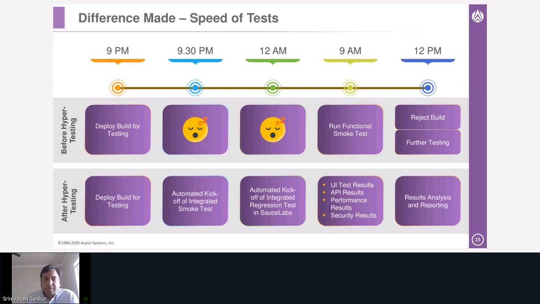And pretty much all these are going to run in parallel in Sauce Labs. And by the time the testers come to work in the morning, they'll have the test results in front of them. All they have to do is figure out what are those product failures and log defects and take it forward from there. So this really did make use of the night time for running all the different tests in parallel and saved a lot of time in achieving the timeline that we had to make